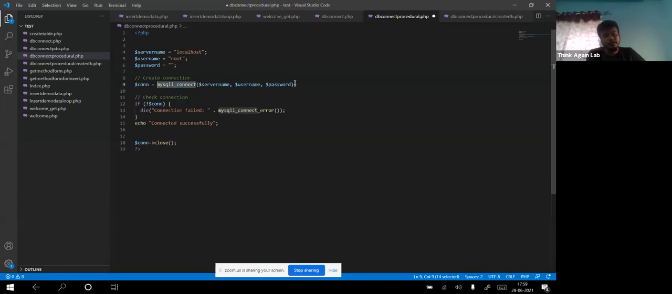We can also pass a fourth variable, that is the database name. We will get into that thing. Now check connection. If so, this con is the variable, right? This is the con variable. This is called the object of the database, the object of the query we are running. That is the MySQL connect. So this is the connection object, right? So we are checking whether this connection object